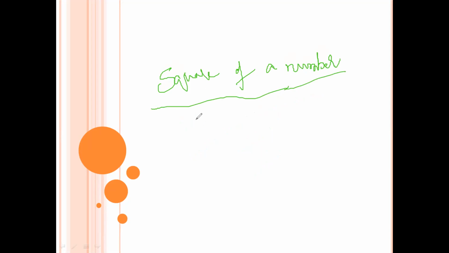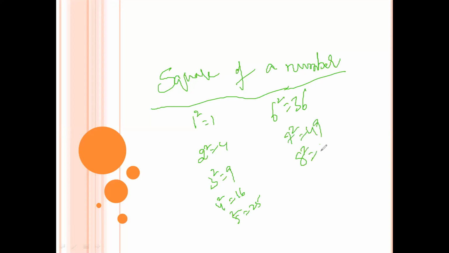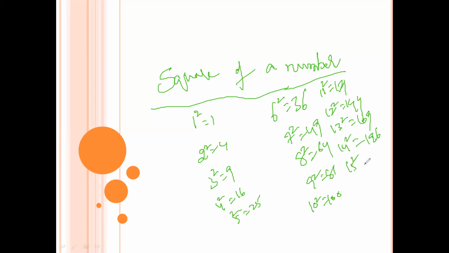Generally you know 1 square value is 1, 2 square value is 4, 3 square is 9, 4 square is 16, 5 square is 25, 6 square is 36, 7 square is 49, 8 square is 64, 9 square is 81, 10 square is 100, 11 square is 121, 12 square is 144, 13 square is 169, 14 square is 196, 15 square is 225,